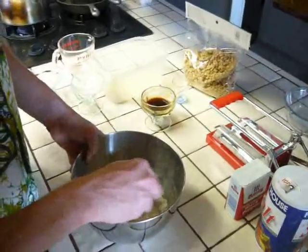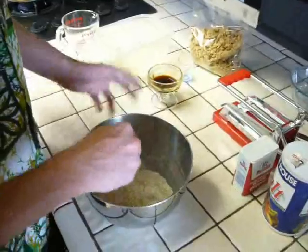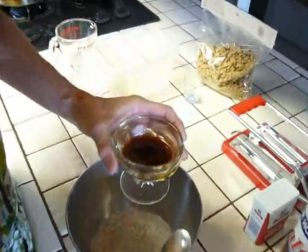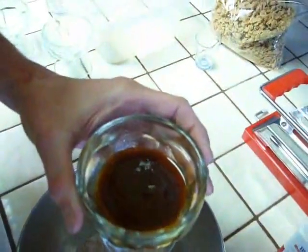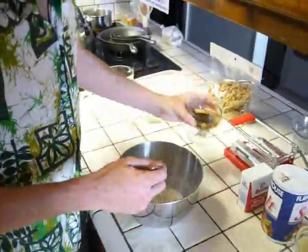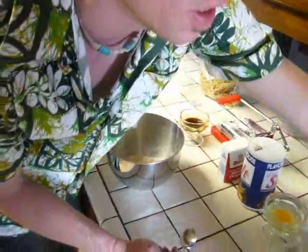And we're mixing together all of our dry ingredients so far. That's going to change now, because here comes 1 tablespoon of ketchup and 1 tablespoon of soy sauce mixed together. Plus, I added a little bit extra